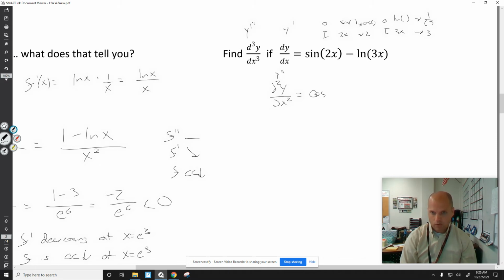I have cos 2x times 2 minus 1 over 3x times 3, which is just 1 over x. The 3's cancel because of the multiplication of everything. Now, if I take the derivative of this to get the third derivative,